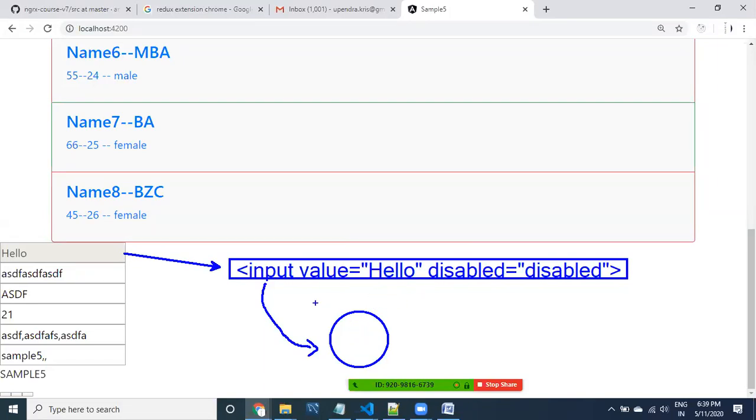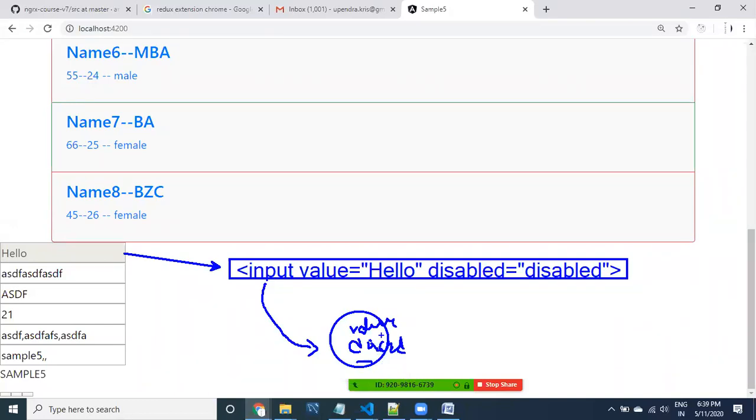So this is a DOM object. This HTML is going to get converted into the DOM. While converting this HTML into the DOM, this DOM object contains properties. A value property will be there, a disabled property is there, and other properties will be there. So many properties will be inside this.